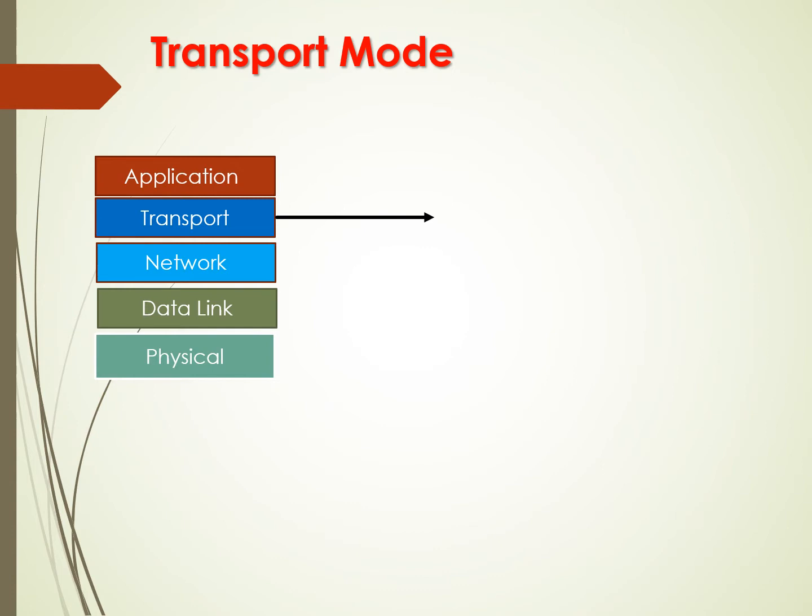Now let us assume that the data is transmitted from the application layer to the transport layer. Here we are able to see the data, the actual data, which is the payload. In the transport layer we see the payload, and before the data is transmitted to the network layer, which is below the transport layer, we will see how the data will be processed.